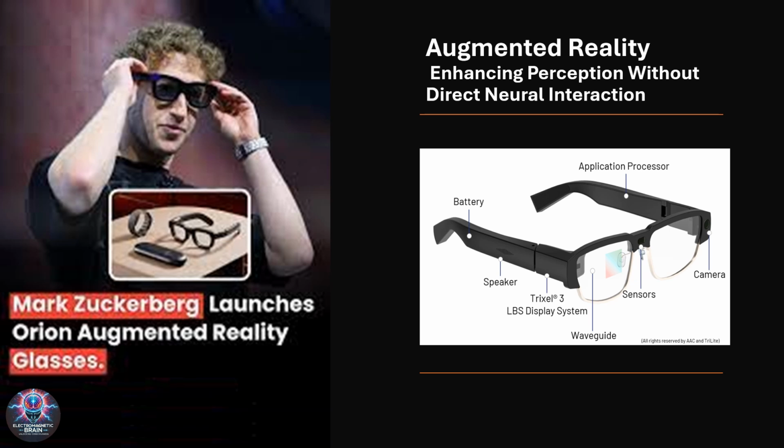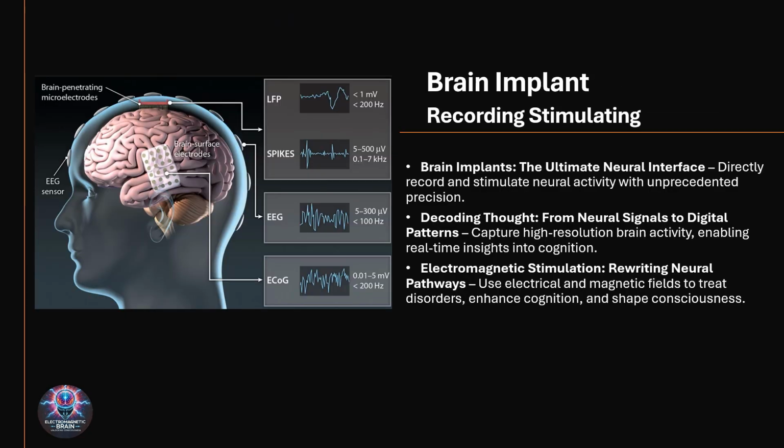Cognitive assistance: real-time analytics, object recognition, and interactive simulations, AR aids in learning and decision-making. Practical applications: AR enhances surgical precision, industrial training, and accessibility for individuals with impairments. Though AR does not modify neural activity, its external cognitive enhancement plays a crucial role in bridging human perception with digital. As we move deeper into electromagnetic neurotechnologies, we explore the cutting edge of brain interfacing systems, brain implants designed